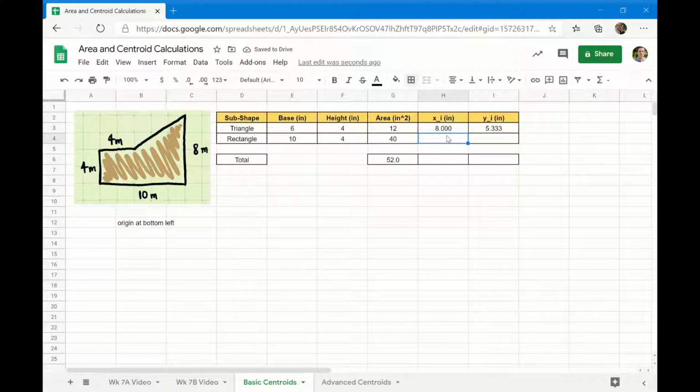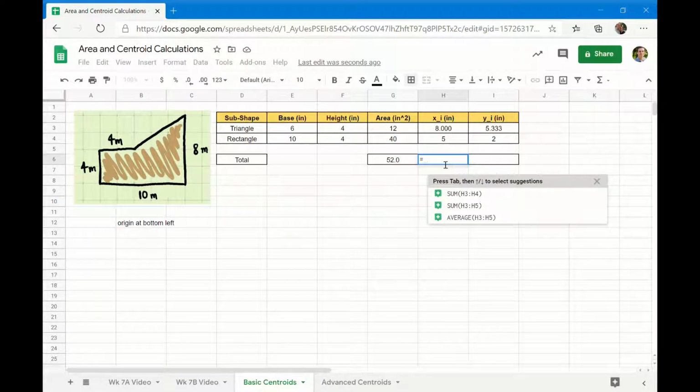The rectangle's x and y coordinates for its centroid are much more straightforward. It's simply half of the base, halfway along, and half of the height. And it is that simple because there's no offset involved. Because that rectangle happens to be aligned perfectly with the XY axes and the origin, that's why it's as easy as that. If it weren't, I would need to introduce offsets, but I don't. Now for the